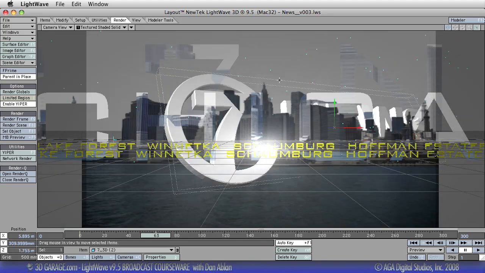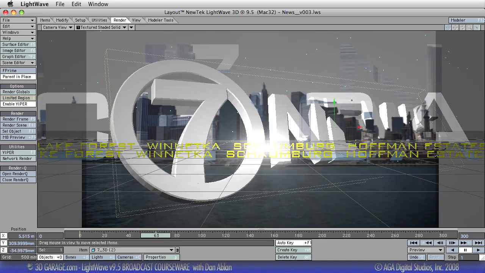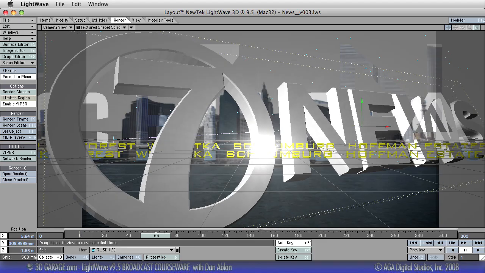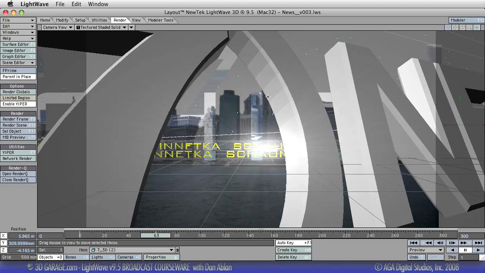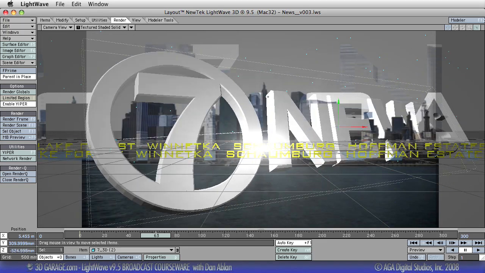Okay. Now there's a little trick we could do, which might be kind of neat, and it depends how you're going to use this. You can make a polygon that fits the shape of this 7 back here, just in there, that's green or blue or black, and you can fade it up as this logo comes closer. All right, and by fading it up, you're creating a way that your editor or your director can key this over and use it as a wipe